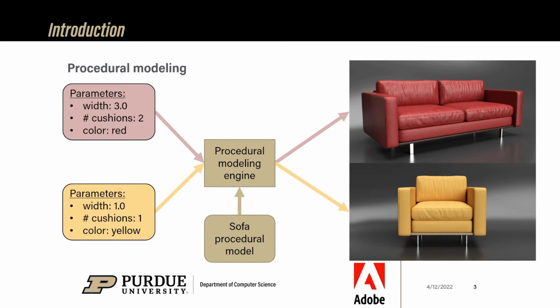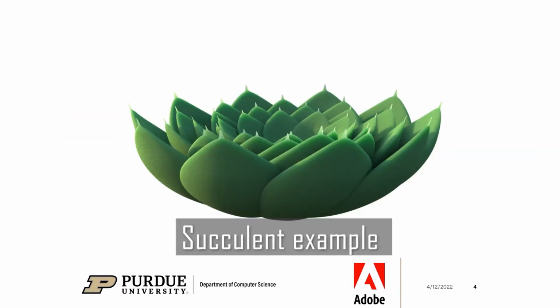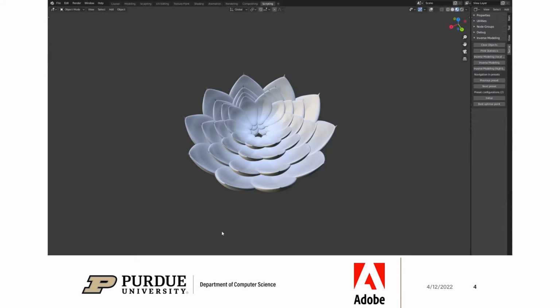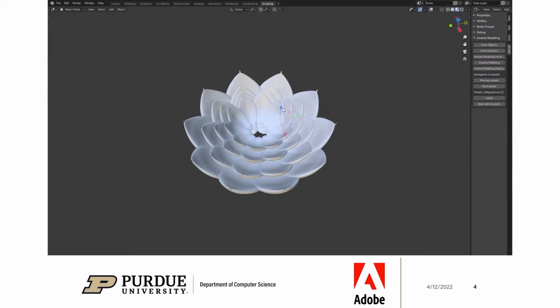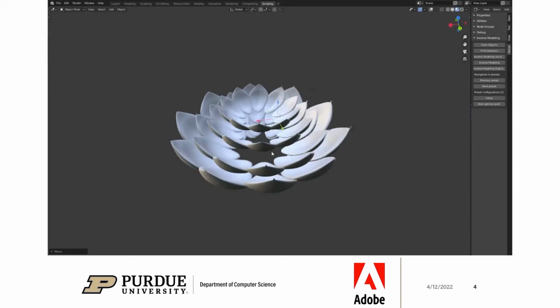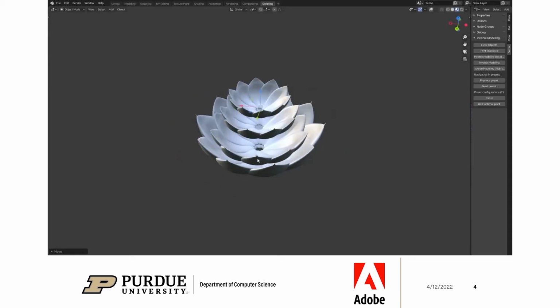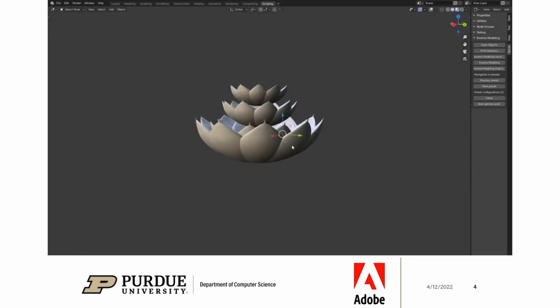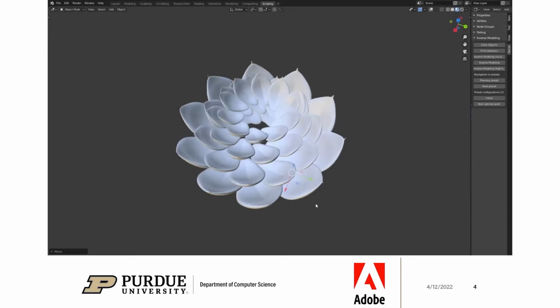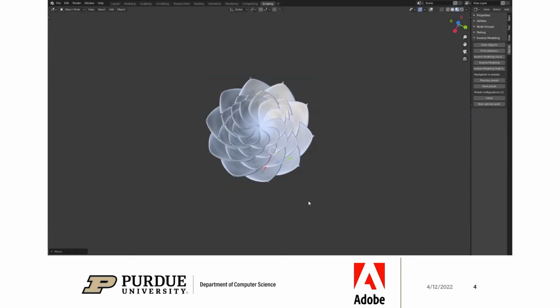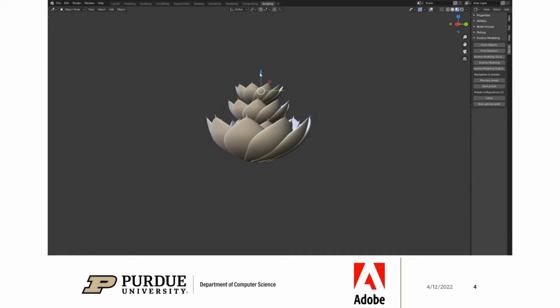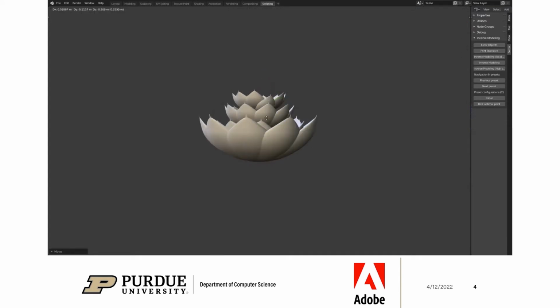Yet, users are most comfortable expressing their intent in the 3D space, as it is tremendously easier to directly change the object rather than having to tweak some sliders. What would be nice, though, would be to have an automatic way of doing this. That is why we present Automatic Differentiable Procedural Modeling, also known as ADPM, a system that can automatically translate edits made on the 3D model back to the procedural parameters.